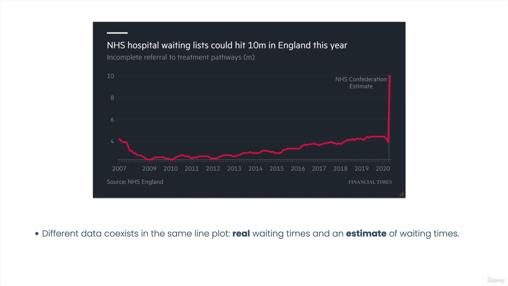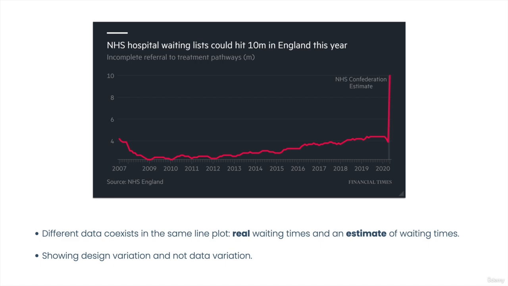Real waiting times that have happened and an estimate of waiting times. So actually, this is something that is misleading because here we see that there is going to be a huge peak in 2020, which is not a surprise considering the coronavirus situation, but this is an estimate. It's not something that we know has already happened. So this is something that we will learn in a future chapter, which is called showing design variation and not